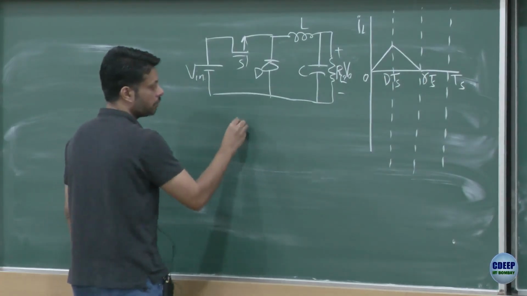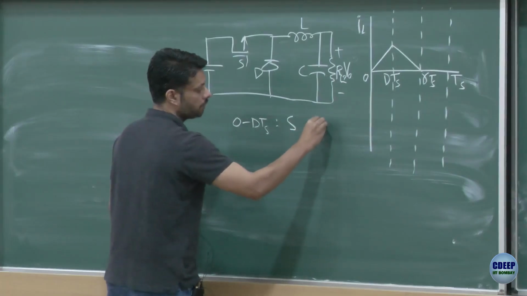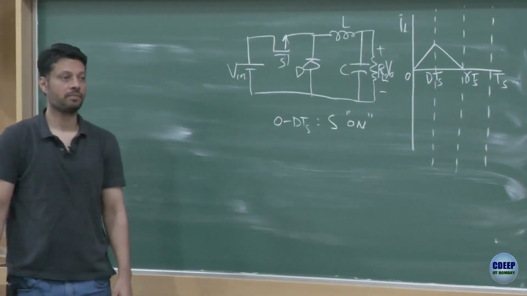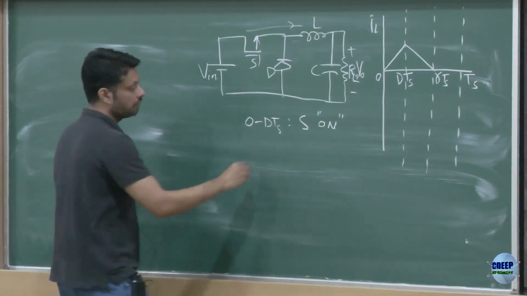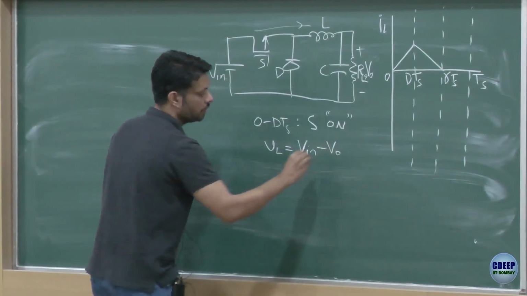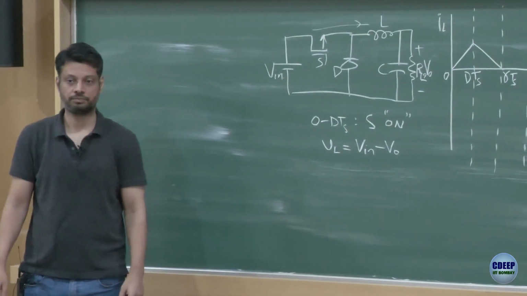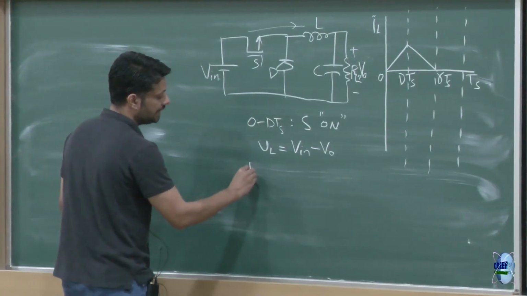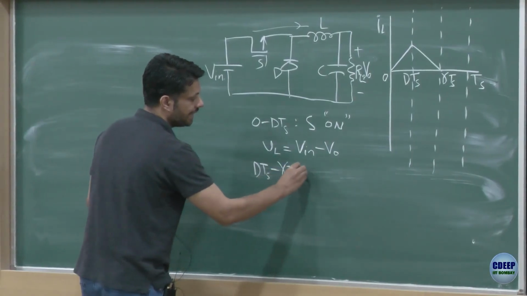For the time period from 0 to dTs, your switch S is on, current is flowing in this direction. The voltage across the inductor is given by Vin minus VO. Same as whatever was happening before. From dTs to gamma Ts, your S is off,